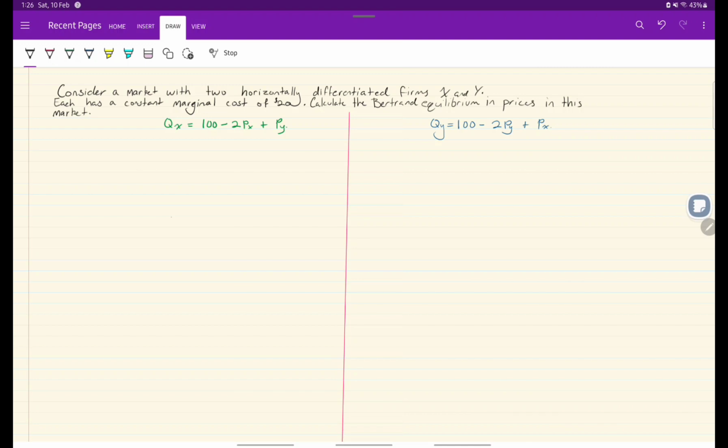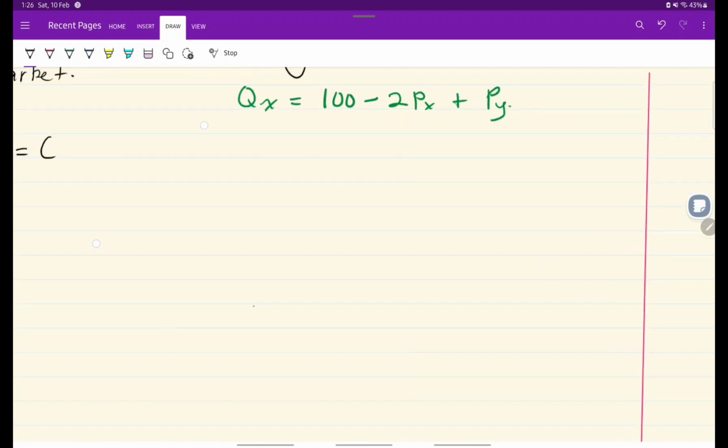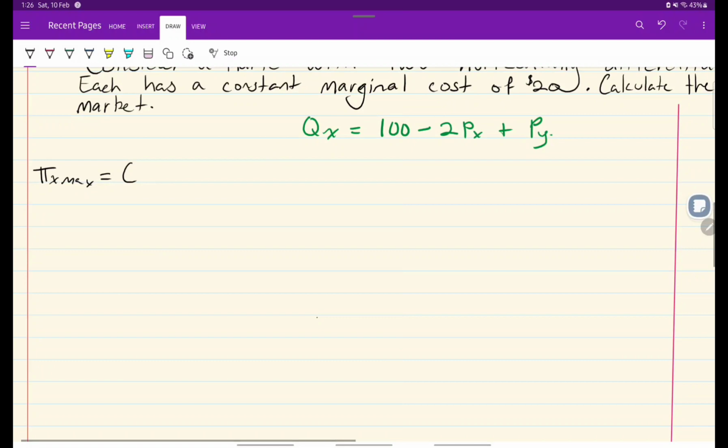They're not indifferent. So, you want to maximize the profit that will equal